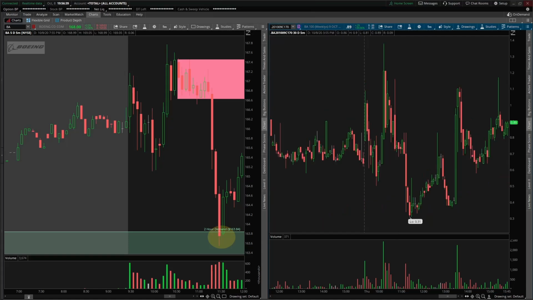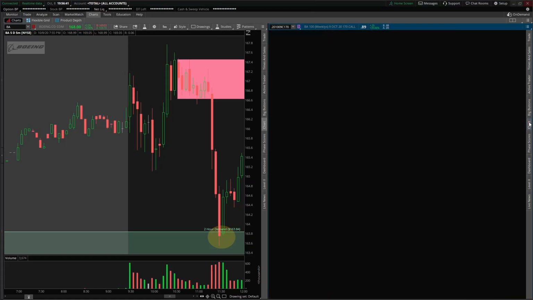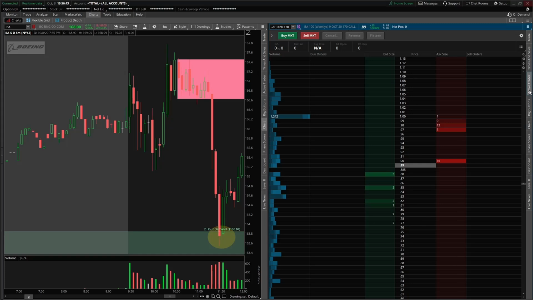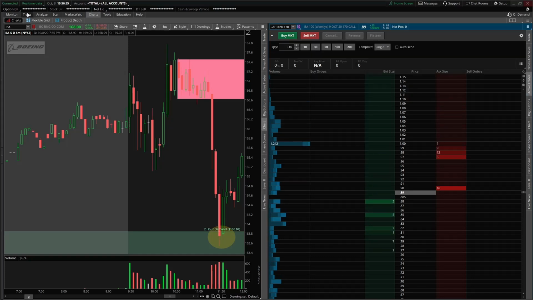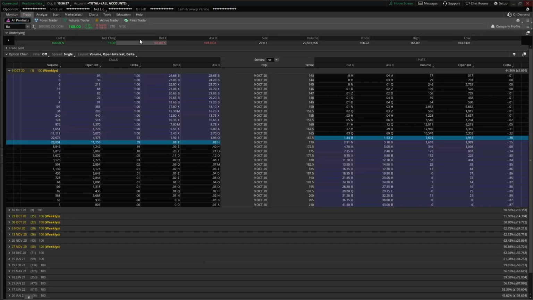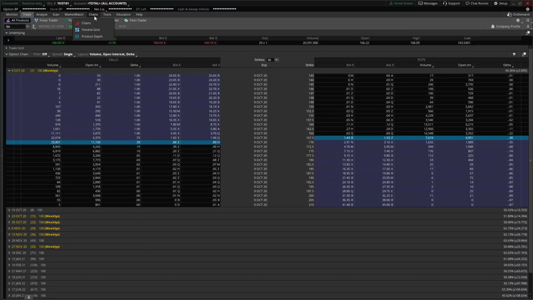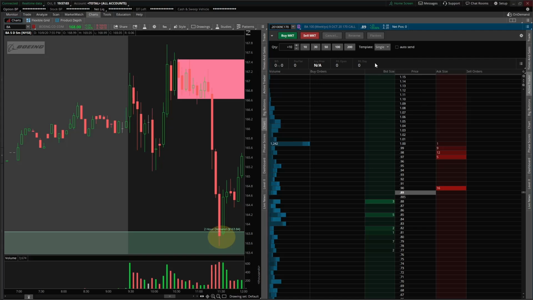Now to trade the options a little faster, we're going to get rid of the chart on the right sidebar, and we're going to click something that's active trader, which is basically going to show us the depth of market. It's basically the level 2, the bid and the ask, but on a vertical axis. So now all we have to do to buy the contracts without going back and forth from the trade tab to your chart, back to the trade tab, is once we have the contract loaded up in our active trader,